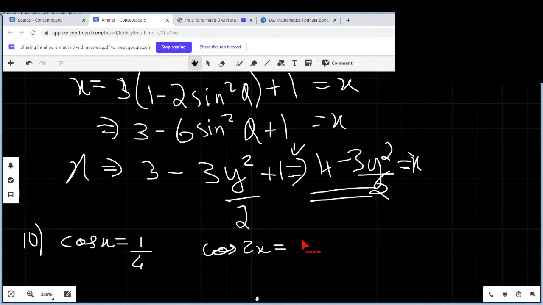So cos 2x, in which form do I have to find? What is the formula for cos 2x to turn it into cos itself? 2 cos squared x minus 1. So that means